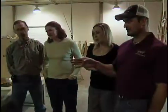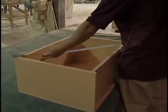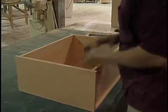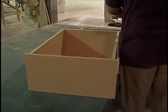Now that that cabinet is fully assembled, Jimmy is going to apply the face frame. The first thing we do is make sure that these cabinets are square. So first thing he'll do is square up the cabinet, measuring from corner to corner. And then we will apply glue to that face frame. The face frame obviously has been pre-fit prior to